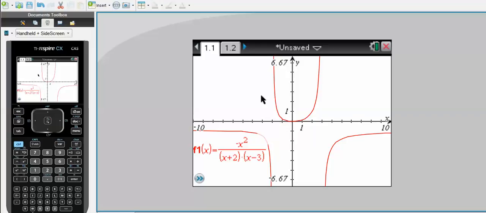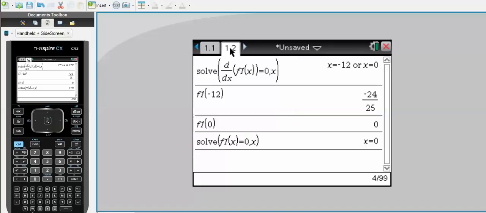So it's better at this point, rather than searching for them using the max min on the analyze graph bit, to go to the calculator and do it this way. What I'm looking for is the point where the gradient equals 0. So that's the point where the differential of f1 of x equals 0. So on the calculator, I'd like to solve where the differential of f1x equals 0